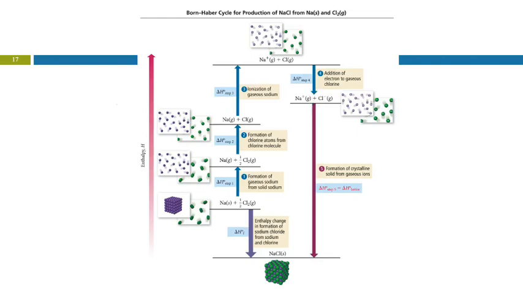Now what we're trying to calculate is from the ions in their gas state to the solid ionic compound. That's the lattice energy. So that's the difference here. Well, we can't measure that directly, but we know all these other steps, right? If we were thinking about distances, if I know the distance between here and here, and I know the distance between here and there,